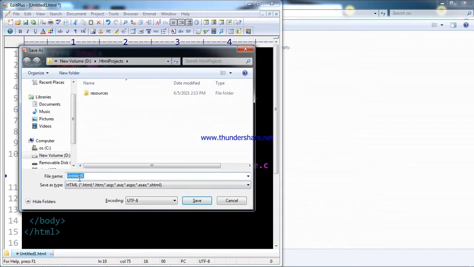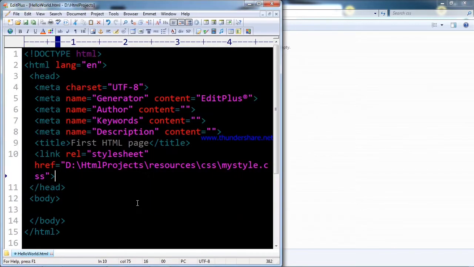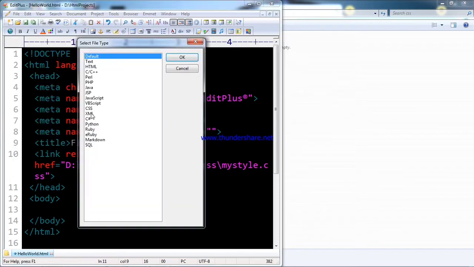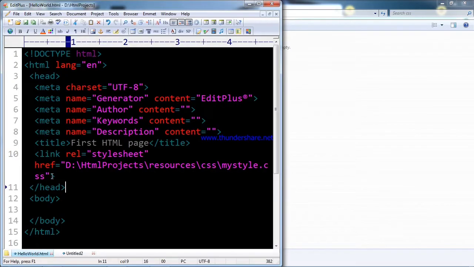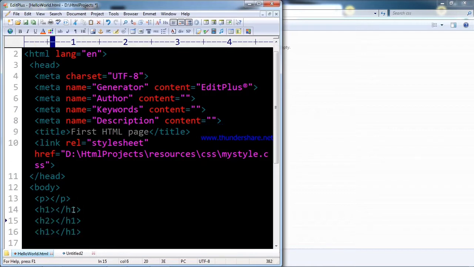To use external style sheets, I need an HTML document with a CSS file. For that, I have created a CSS file called mystyle.css. To achieve external style sheets, I have created this link element, and along with that, I have referred to that CSS file in the href attribute.